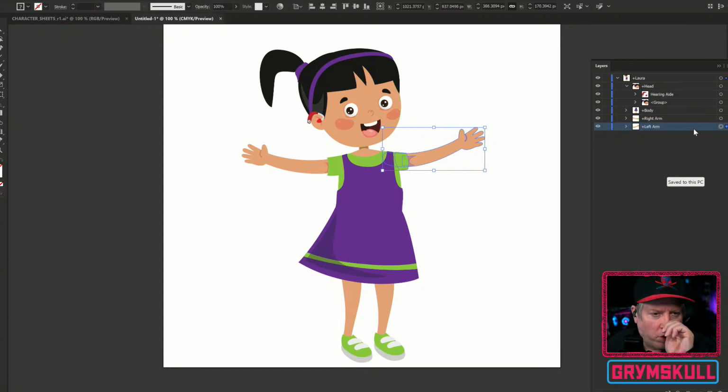It's very important in Character Animator to label things the correct way, because when you pull this into Character Animator, it's going to identify the labels so that you can rig it later.